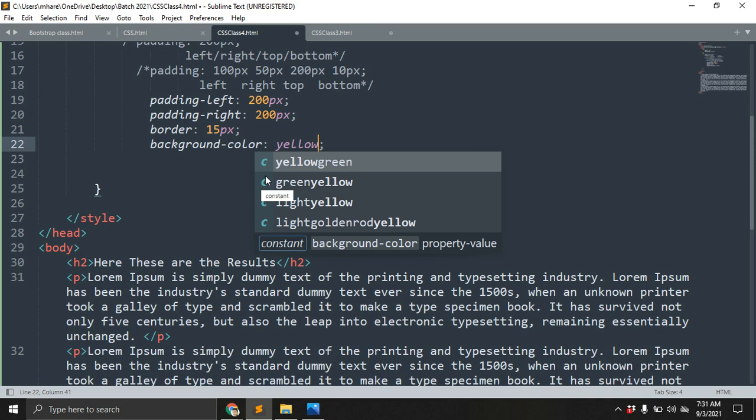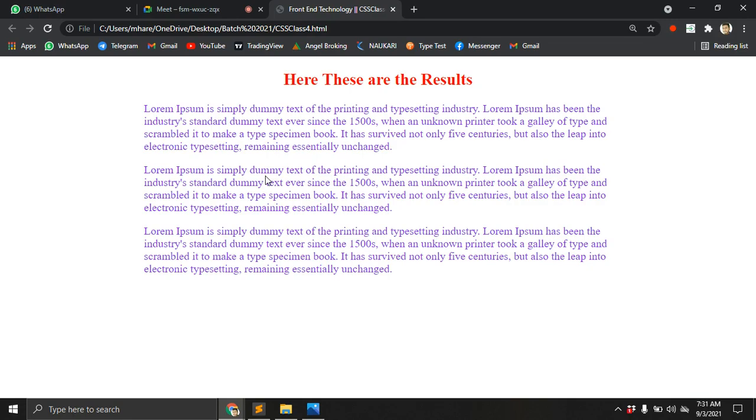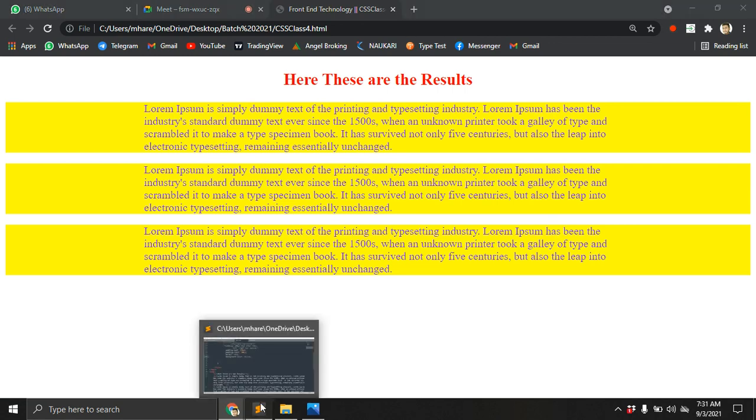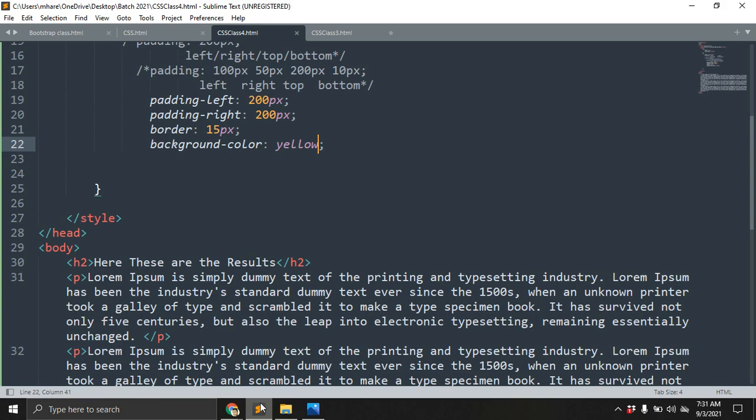What are the border styles? Border style. Wait, border radius? Not border radius. We are discussing the concept of borders only.